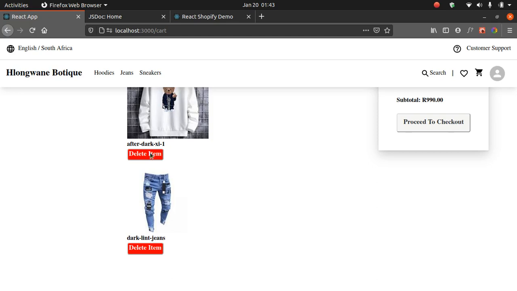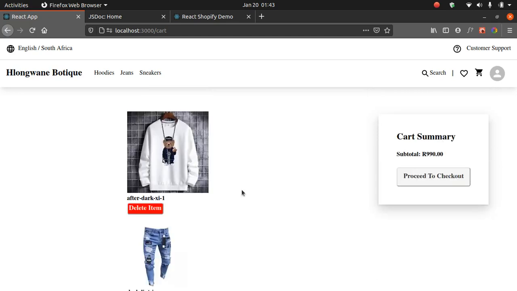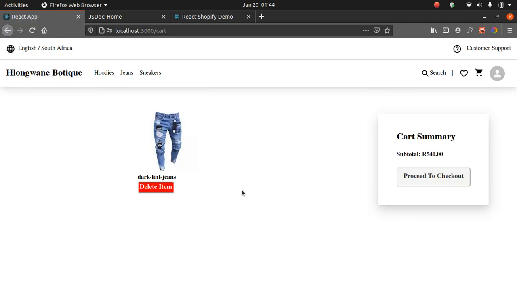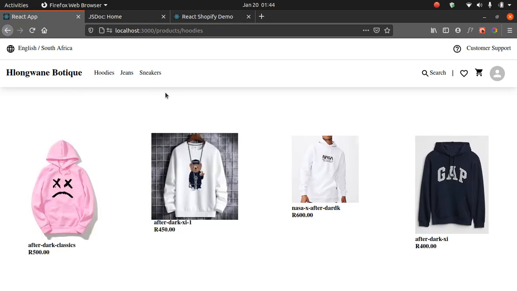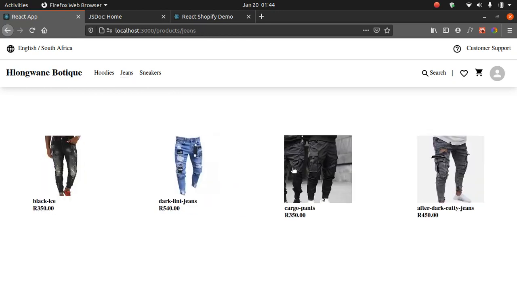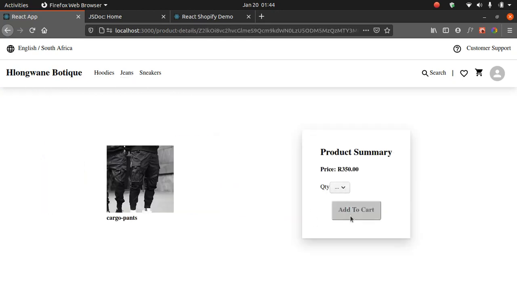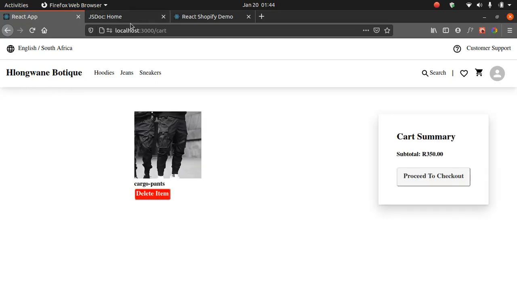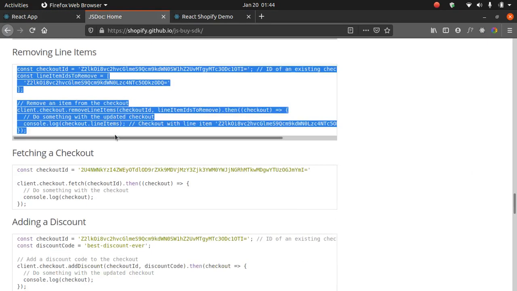Right, so now that removes the product. As you can see, now the products are getting removed. So now we have 0. Now let's do the proceed to checkout, so that you can see how it works, even though on mine it won't work because I have a demo account. So now let's come here to cart, and now we have that. Right, so now proceed to checkout is